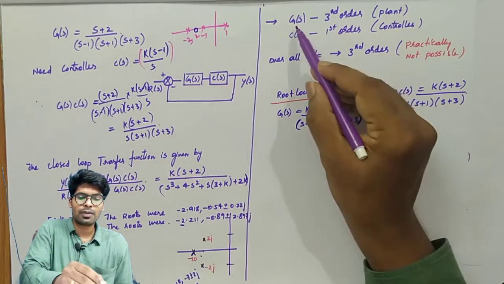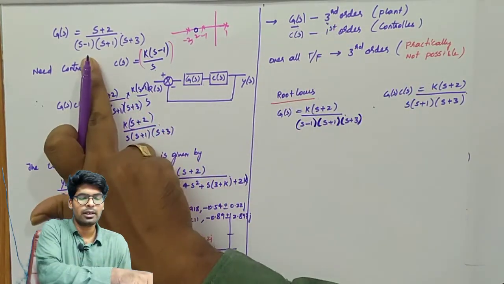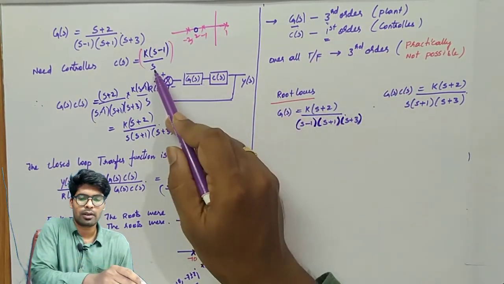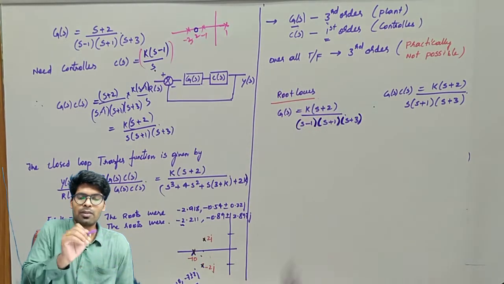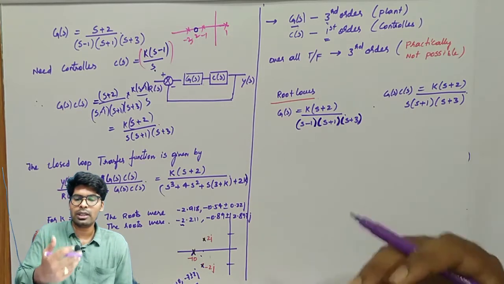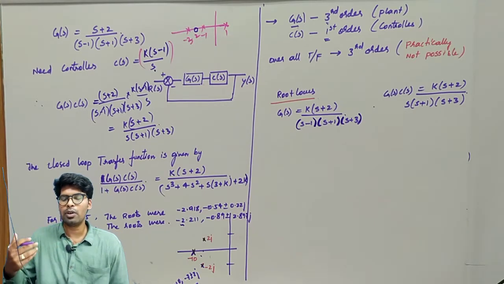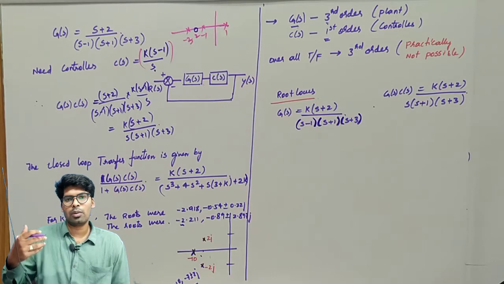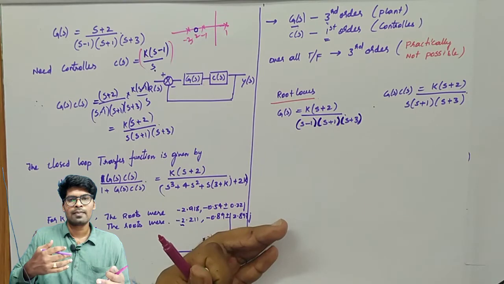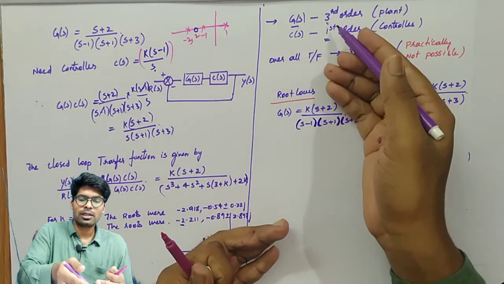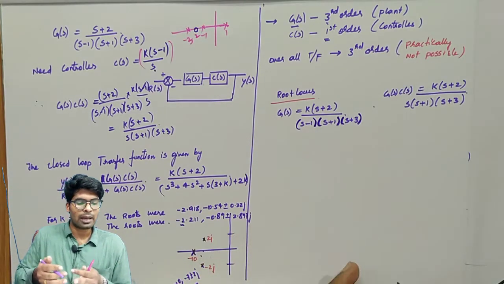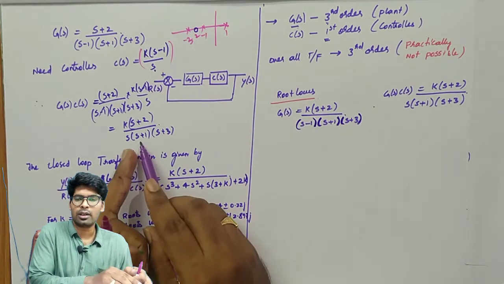Actually, the system G(s) is of third order, right? And we added a controller that is first order, right? If you observe, with common sense, if we add a controller to anything, the order of the open loop transfer function should increase. So if we add something to a system, the order should increase, right? For this third order system, if we add a first order controller, we should get fourth order. What is happening? We are getting only third order again.